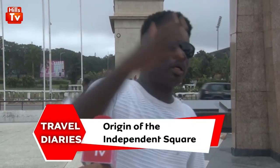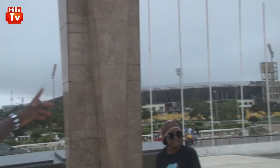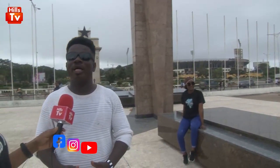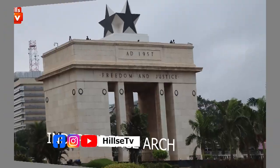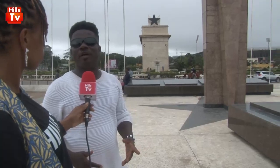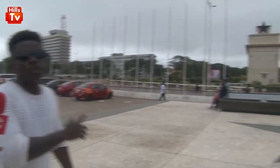Wow. This place has like 45,000 seating capacity, and if you put the Black Star Square and then the Black Star Arc and then Nationalism Park, it's all called the Independence Square. So the Independence Square is categorized. We have the Black Star Square and the Independence Arch. And then there are certain prominent things or very obvious things you can see here, which I would love to talk about a bit. Okay. So you see this